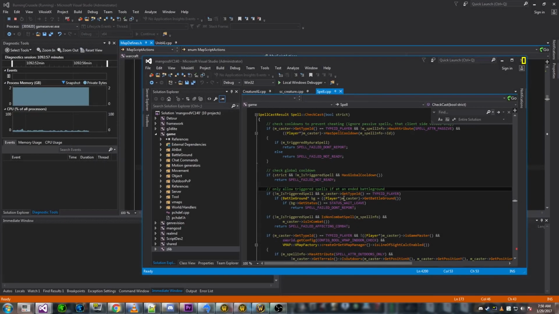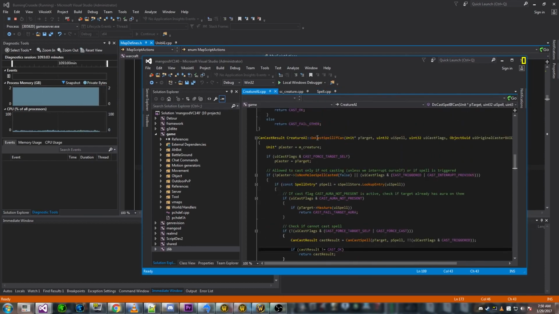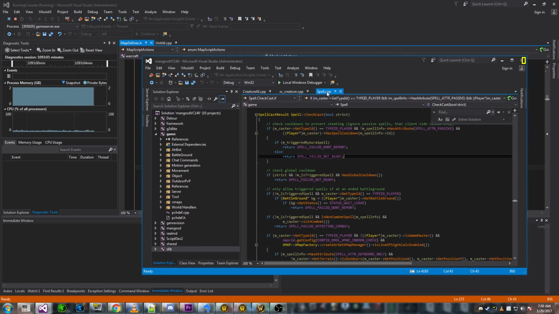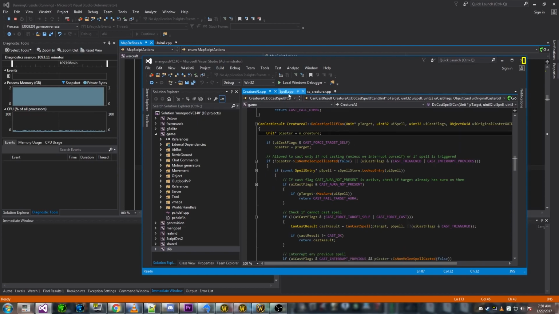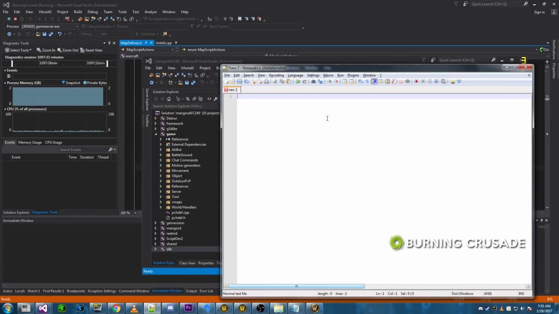The last thing I'd like to talk about is spellcasting for creatures and how it ties in with the AI. So in Mangos, they actually have two separate functions for checking whether or not a creature can cast a spell, and they each check different things. But one of them is always checked no matter what, and the other necessarily is not. Likewise, the one that isn't always used isn't as comprehensive. So basically, it's like this, where you kind of have